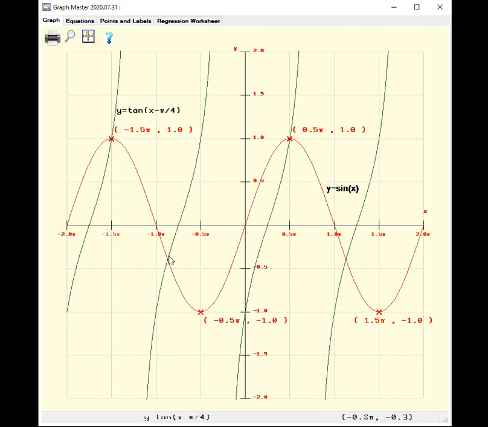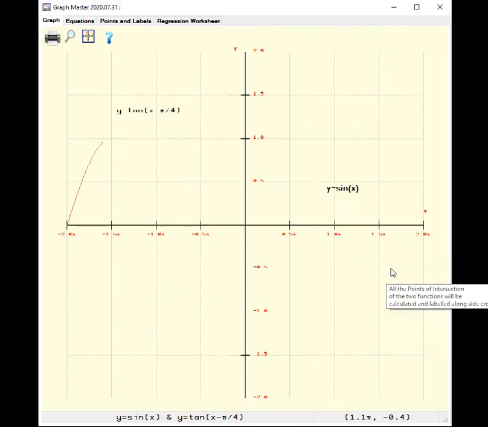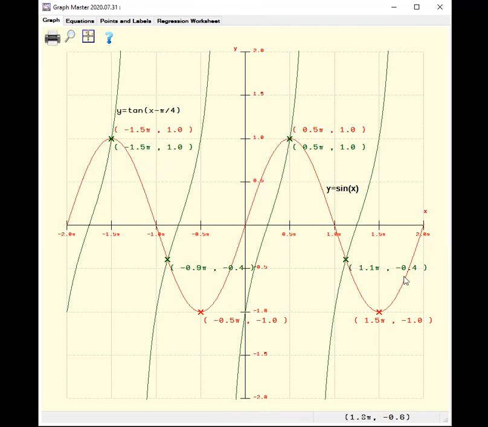Okay, now next thing we'd like to do is obtain the points of intersection between y equals tan x minus pi over 4 and y equals sine x. So we're going to find one of those areas of intersection. You can see that when we've hovered over one of those intersection points, that both of those formulas appear at the bottom of the screen. So we can right click in that area, select points of intersection,